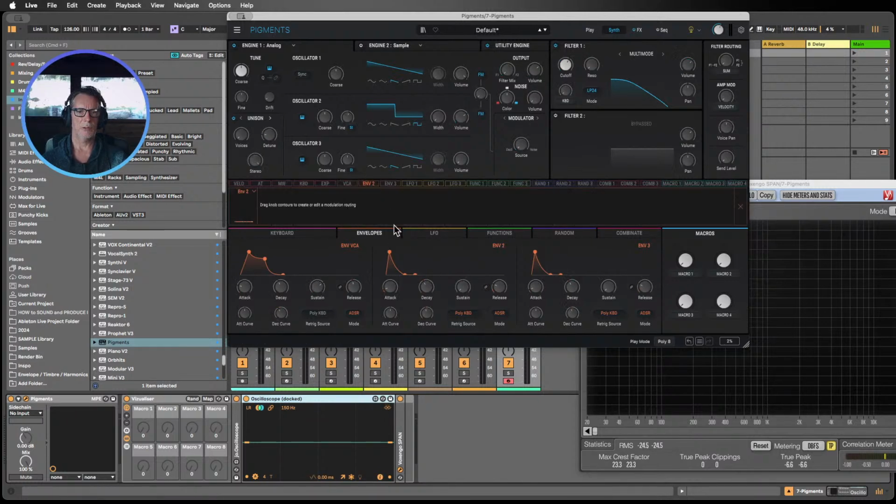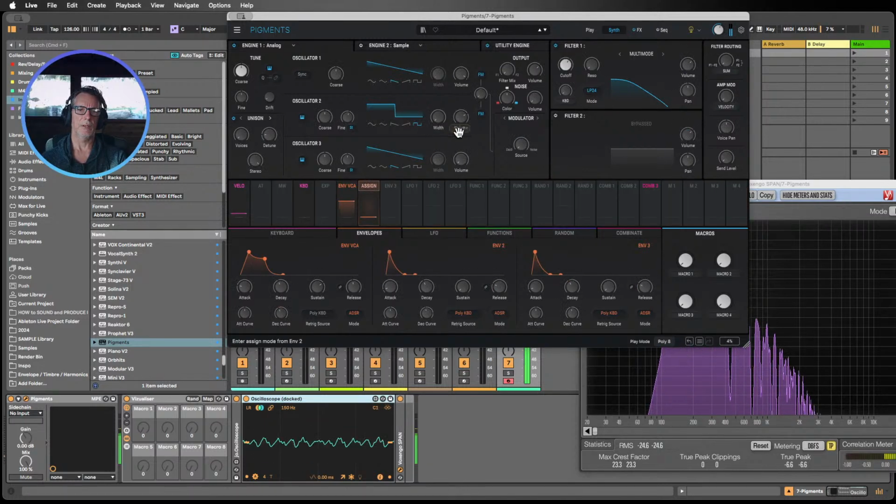And what I also love, by the way, with Pigments, this is a pretty fun little thing that we have here with Pigments, is that you can actually click on something like this and you can hover over something with that clicked, and you can hear what it would sound like if it's changing that. But we need to make it a little bit more extreme than it currently is, but you can set it up to hear a little bit what it might do, but we need to find something a bit